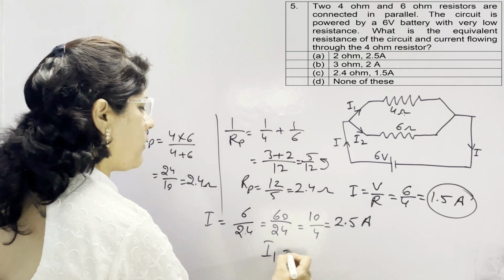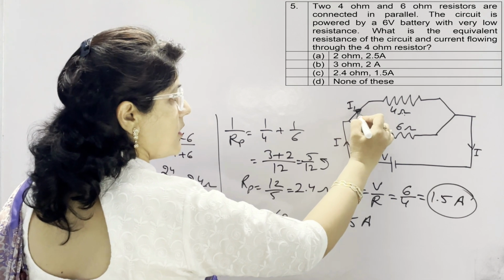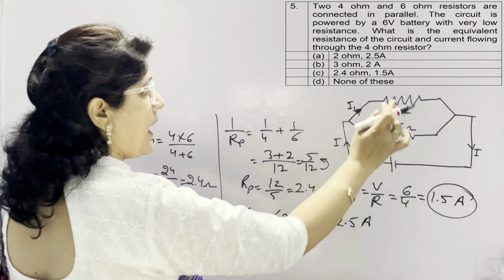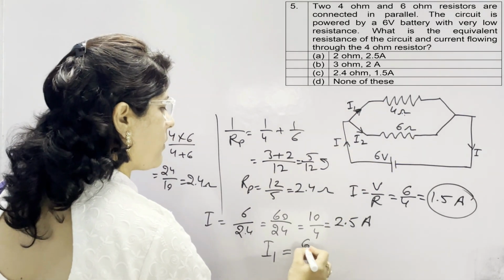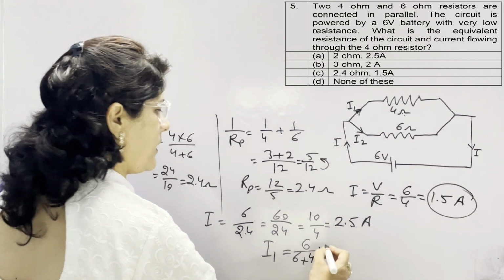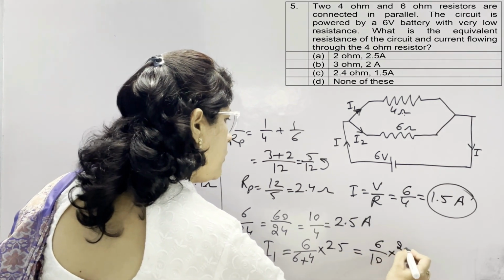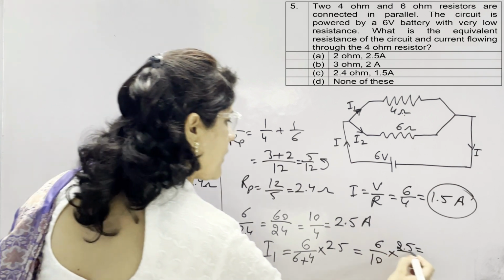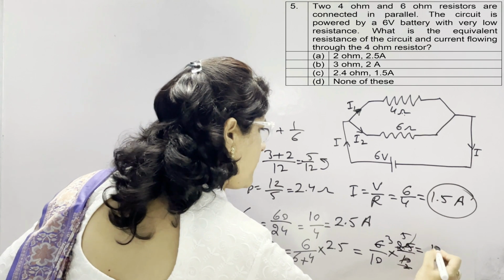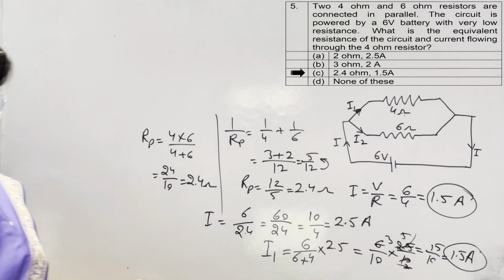Now, if we want to calculate I1, I1 is in this branch. We need to take the other resistance. Here 4 ओम में हमने कैलकुलेट करना है, बट हम दूसरा रेजिस्टेंस लेंगे यानी कि 6 ओम का लेंगे और डिवाइडेड बाय दोनों को प्लस कर देंगे. 6 + 4 मल्टीप्लाई बाय जितना टोटल करंट आ रहा है 2.5 एम्पियर कर देंगे. तो 6 upon 10 into 2.5. Calculate this. 5, 5, 2, 3, 15 upon 10. It means 1.5 ampere. Again, we will get the same value.